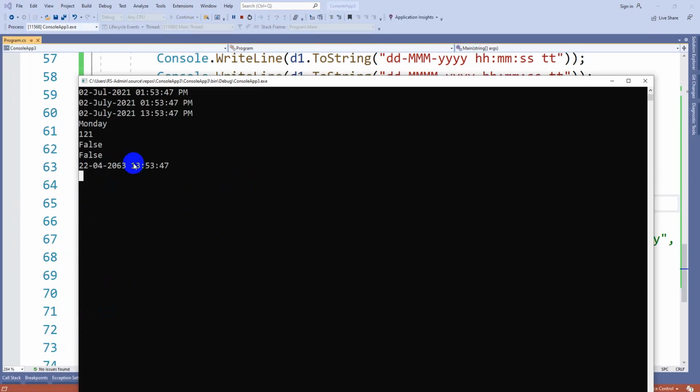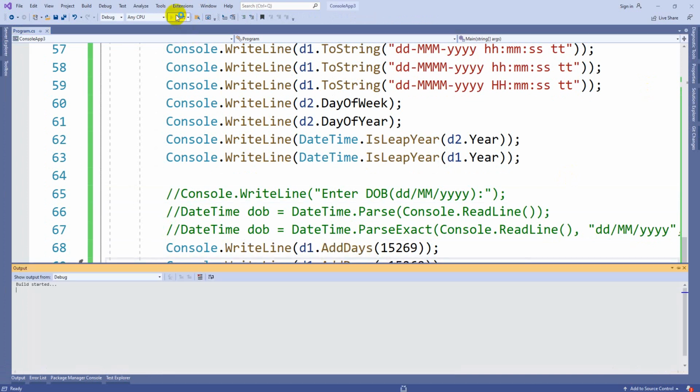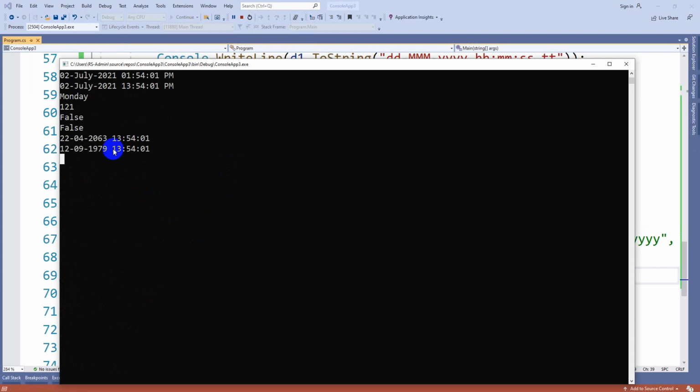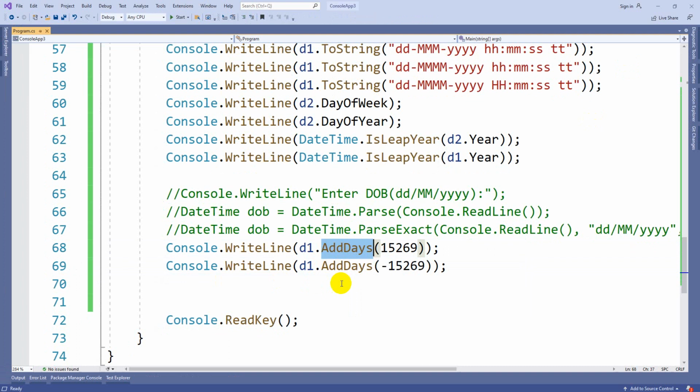If we add 15,000 days to this, it will be 22nd of April 2063. In case you want the date before, you can simply add a minus. Then it is going to be September 12th, 1979. Like that you can add days, hours, minutes, seconds, nanoseconds, and years also. You can use all intervals of this adding method.